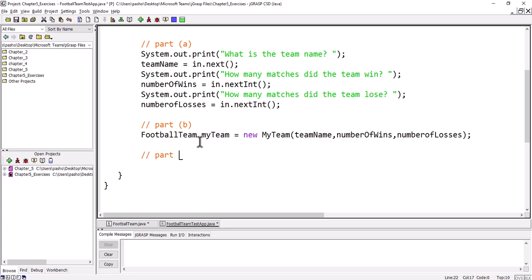So now for part C, we need to check if myTeam dot hasGoodRecord with empty brackets. If this is the case, remember that we need to print the team information, so we say printInfo. Otherwise, we need to print a message